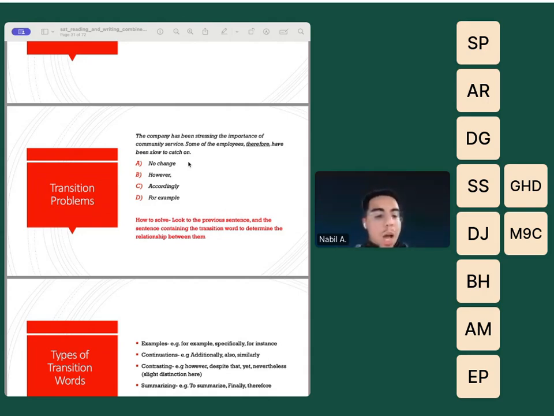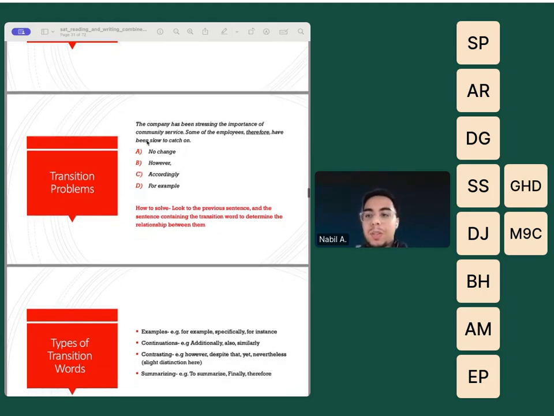All right. Now, what do I mean by that? Well, look at the passage here. The company has been stressing the importance of community service. Some of the employees, therefore, have been slow to catch on. If you look at this, we see that the company has been stressing the importance of community service. Some of the employees, blank, I mean, they just said therefore, but have been slow to catch